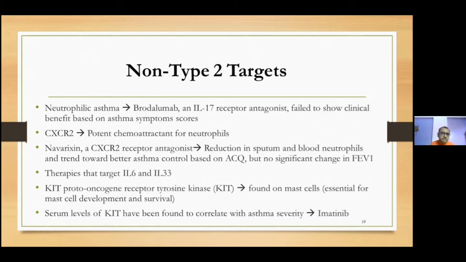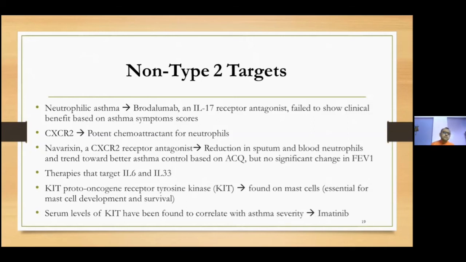The name is navarixin. This was in a phase 2 clinical trial that showed a reduction in sputum and blood neutrophil count, and a trend toward better asthma control based on symptom questionnaire. But there is no significant change in FEV1. So we have some subjective benefit, but we still don't find any objective benefit in terms of FEV1 improvement. But obviously there is a reduction in neutrophil count, specifically in the sputum and